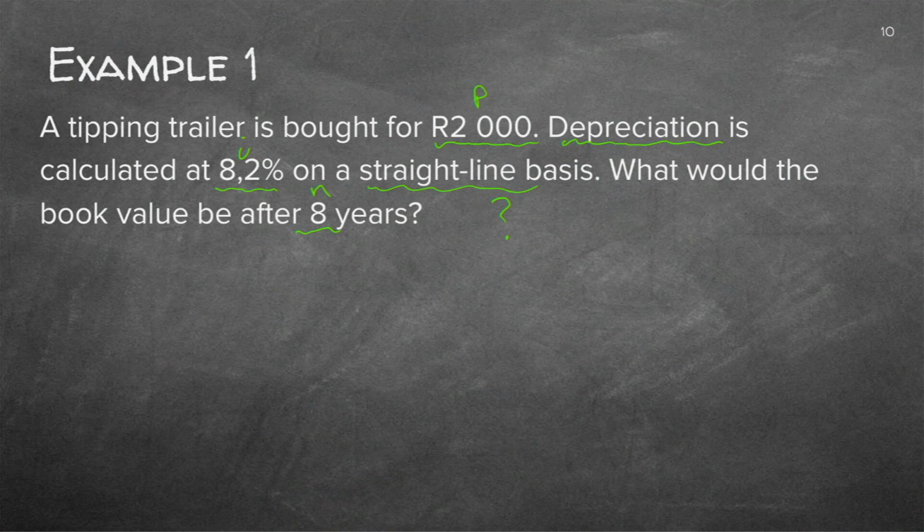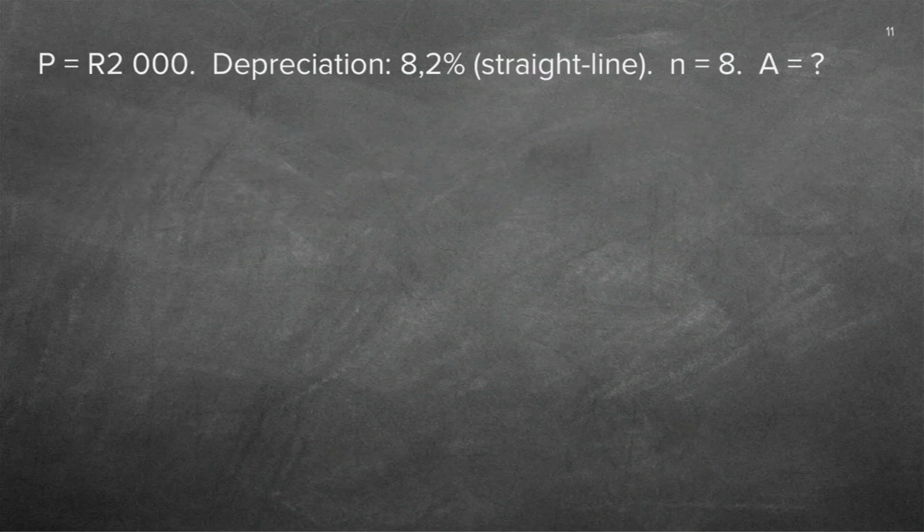At the end, which letter always represents the end? The A. Let's check. Do I have 1, 2, 3 things that are given to me? Yes. Do I have one unknown? Yes. So I can go to my empty page and I can go and do the problem. Because it's depreciation, I need the minus formula. So it's P(1 minus iN). Be very careful. If you now use the plus formula, you're going to get 0. Because the principle is that you must know when to use the depreciation going down, so less, that's why there's a minus, or when to use the plus one, simple interest that grows.